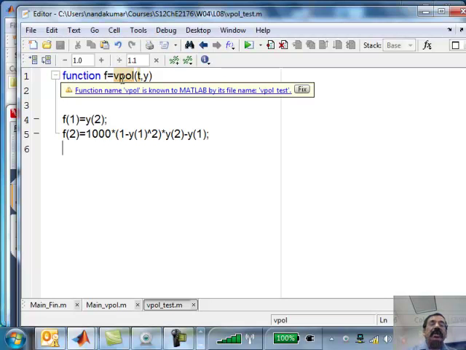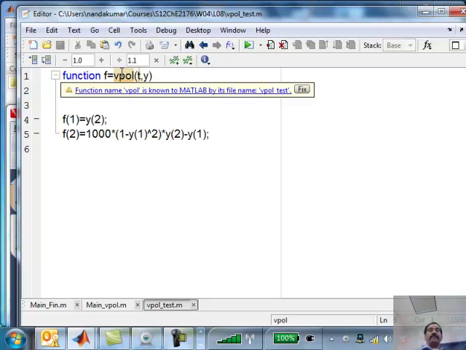Second one, when I take it near vpol, this is a very common problem that students make. Okay, it says function name vpol is known to MATLAB by its file name vpol underscore test. So the function name that I give here is not the one that MATLAB is going to know. MATLAB is going to know this function by the file name in which you have stored it. The file name is vpol underscore test.